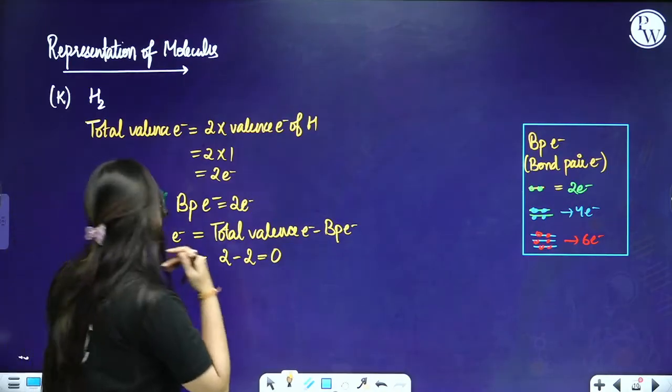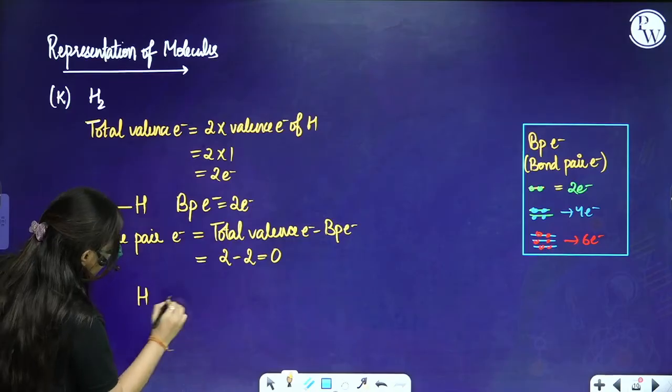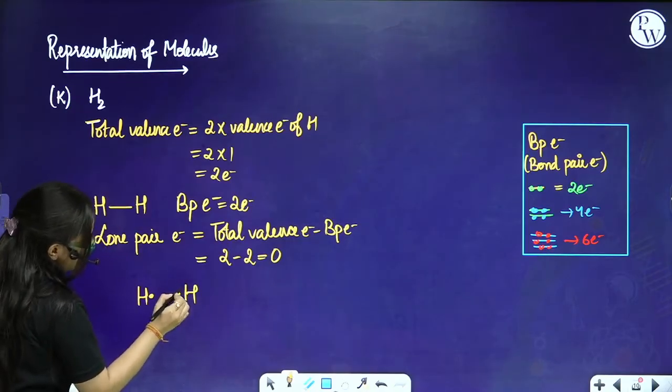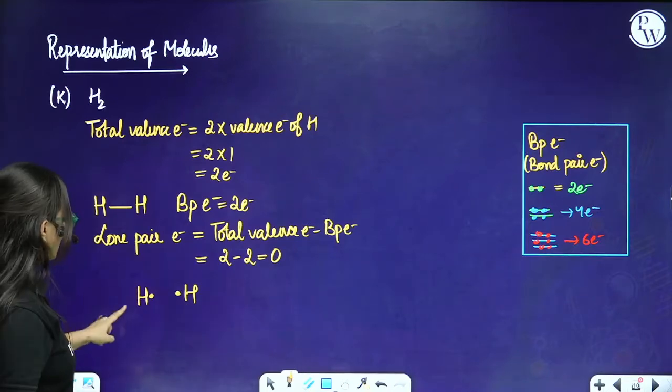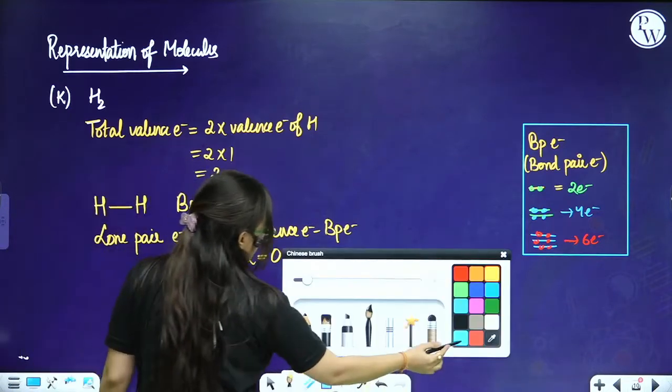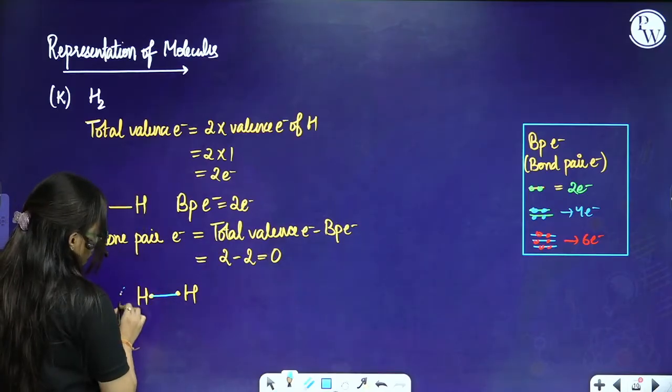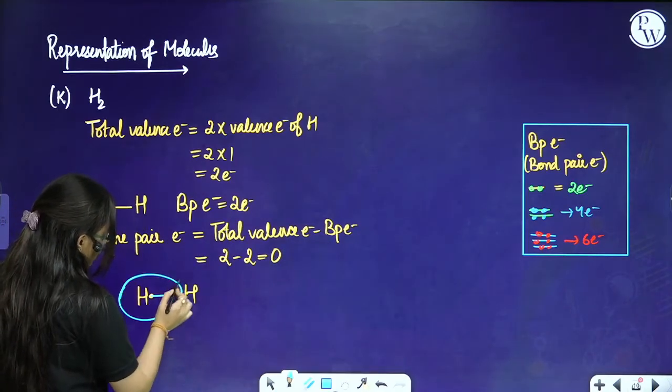Now let us show the Lewis dot representation. See, this is the first hydrogen, this is the second. The first hydrogen will show 1 electron. This is the representation, right? Now what are they doing? They are sharing their electrons. They are creating a bond with these electrons. So when a bond is created, this hydrogen now acquires 1 more electron, and this hydrogen also acquires 1 more